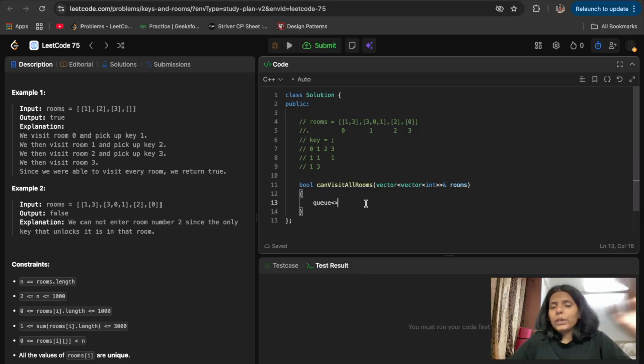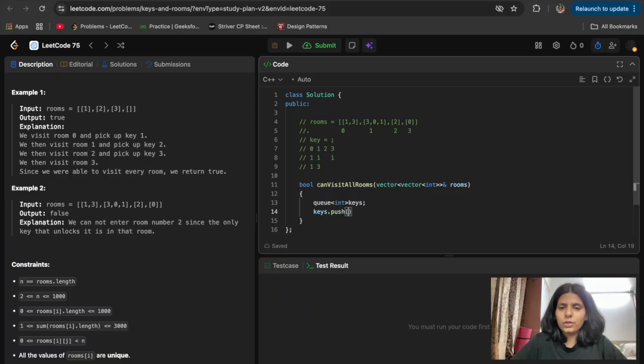Okay, so let's take a queue of int keys, and now we have the key of room 0. So we'll do keys.push(0), because they have given us room 0.